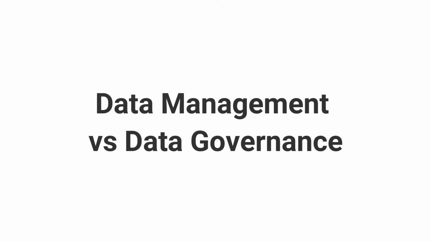You may have also heard about data management. What's the difference between data management and data governance? The main difference is data governance outlines the overall structure that should exist. It has the rules, the processes, the accountability. It's more about what should happen and how things should happen. And data management is more about implementing all of those rules. It's the hands-on everyday work to ensure that the governance that's been put in place is being followed. So it's the IT teams executing on it. It's the day-to-day management of information and access requirements